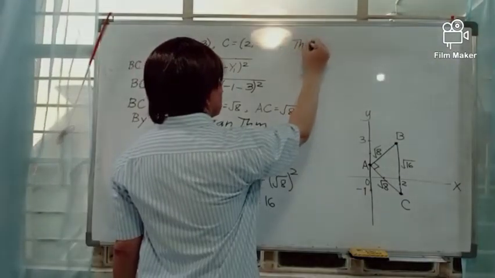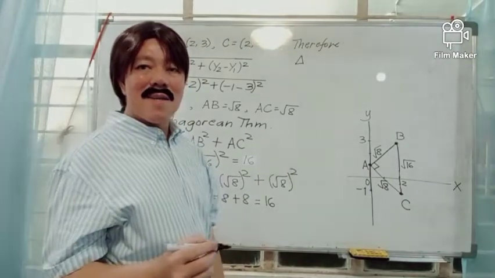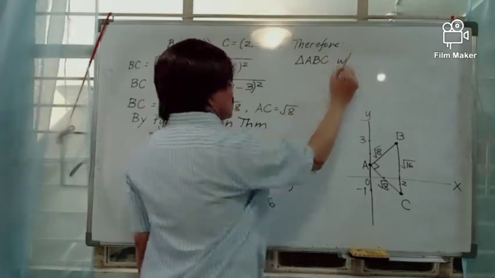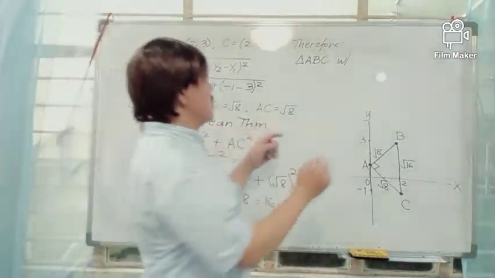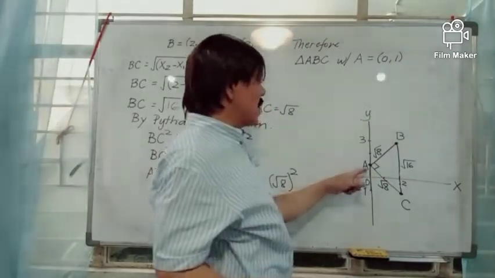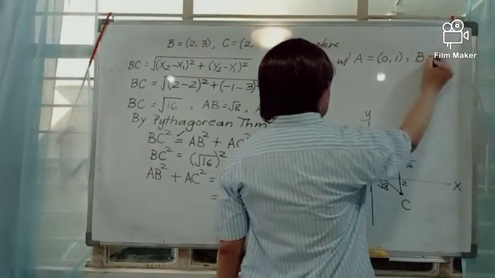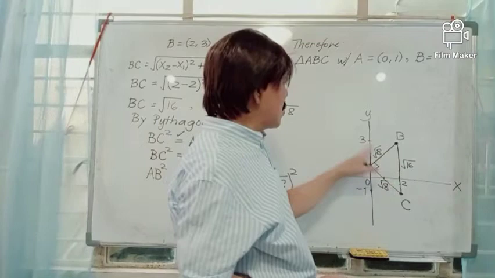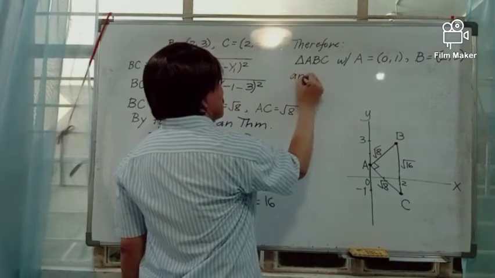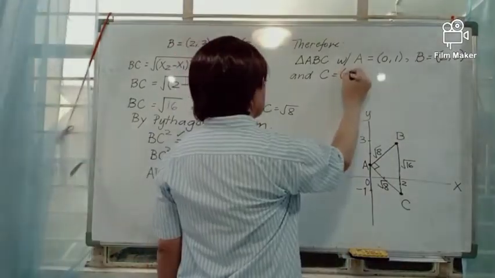Therefore, we conclude that triangle ABC, the triangle ABC with vertices A at this point 0, 1, B at this point 2, 3, and C with vertex at this point 2, negative 1